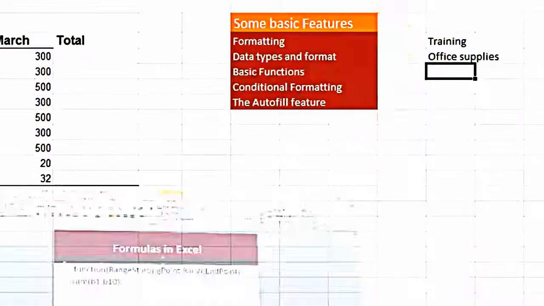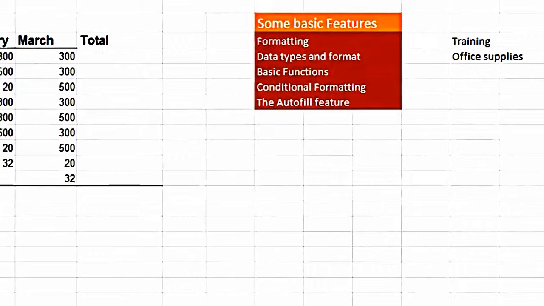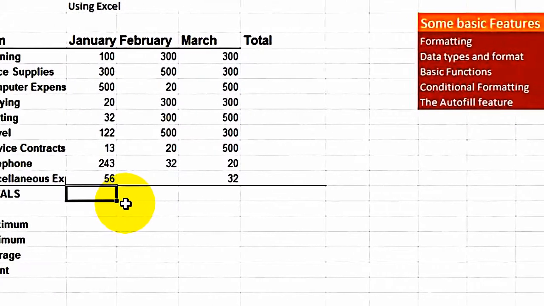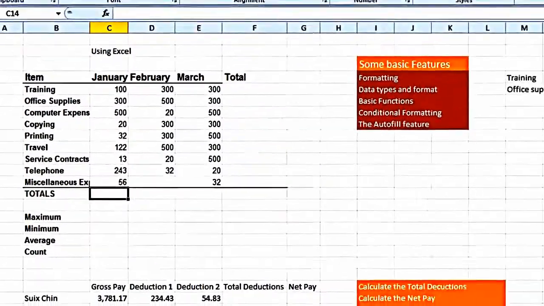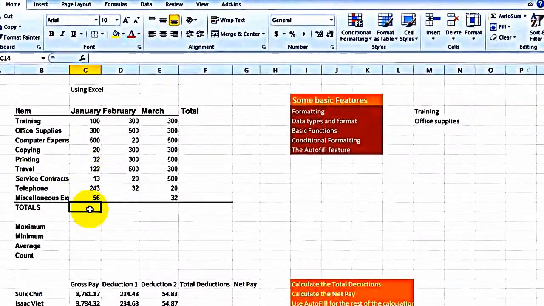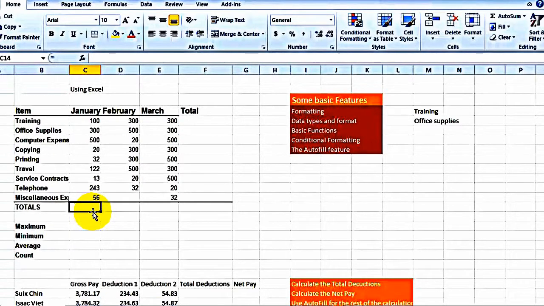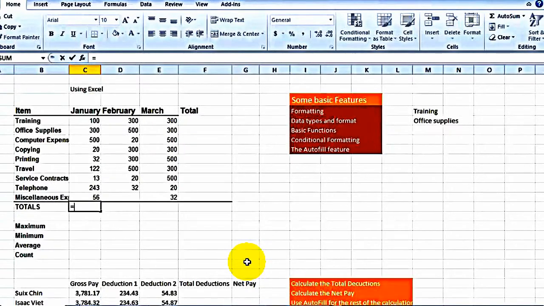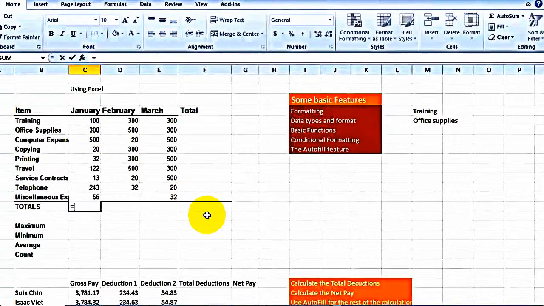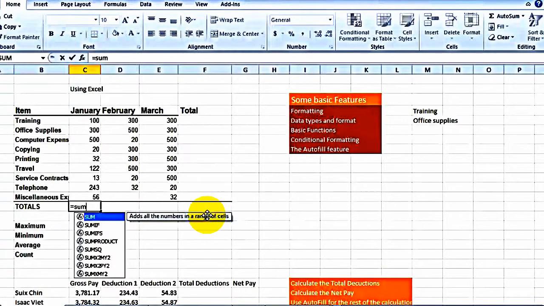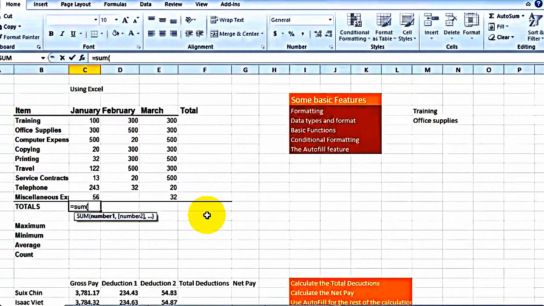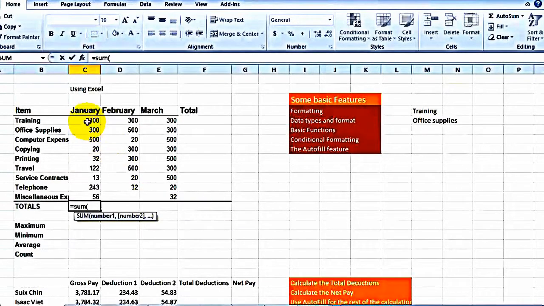So now let's go back to Excel here. Let's say we want to add all of these numbers up. There are a couple of ways of doing it. One of them is by using the AutoSum function right here, but I want to show you how you can enter this calculation by using the formula. Like we said earlier, it starts with the equal sign, then SUM, S-U-M, then open parentheses, and then we type C5